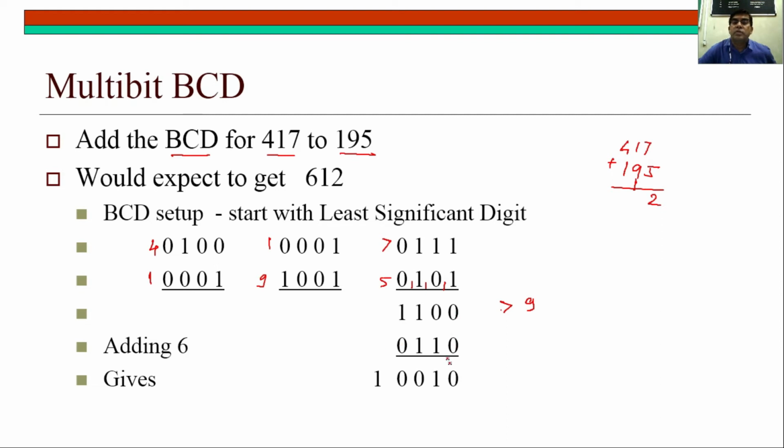So what is the answer? 0 plus 0 is 0. 0 plus 1 is 1. 1 plus 1 is 0 and carry 1. 1 plus 1, 0, carry 1, and 1 comes here. So now see the answer. This is 2 and this is the carry coming. Like here we had 7 plus 5 is 12. So 12 we keep here, and 1 we take as the carry here.